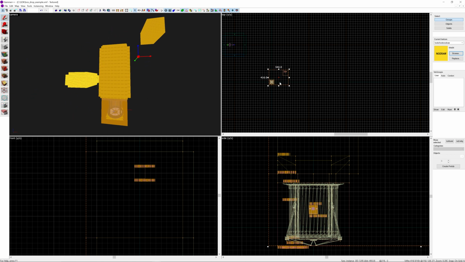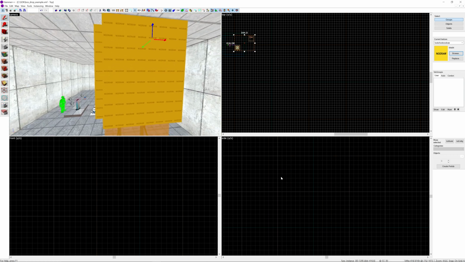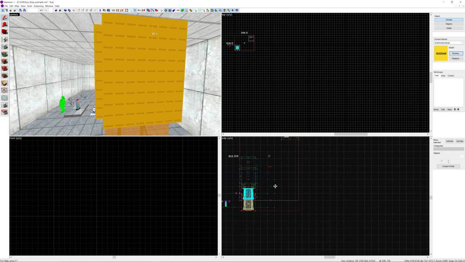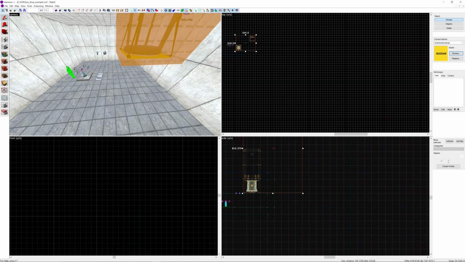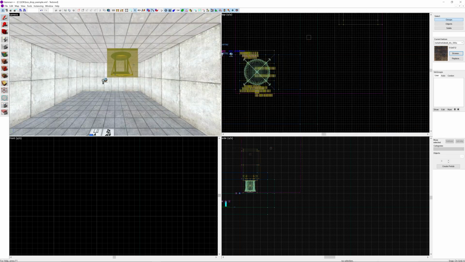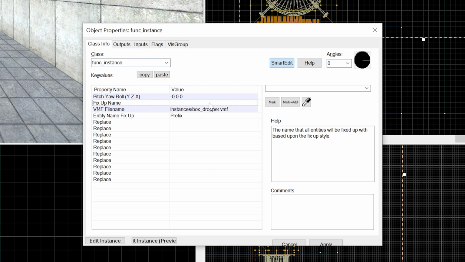So now what we can do is drag this into our map, and theoretically we can align this to wherever we want within our map. So presumably we'd have it somewhere here. Yeah. But essentially now we have a box dropper, and we can give it a fix-up name, which is going to be a prefix. It's going to be needed, and we can call it something like BD1,